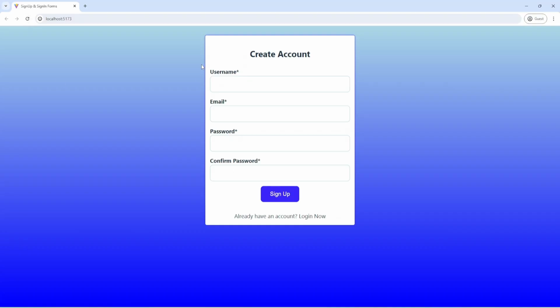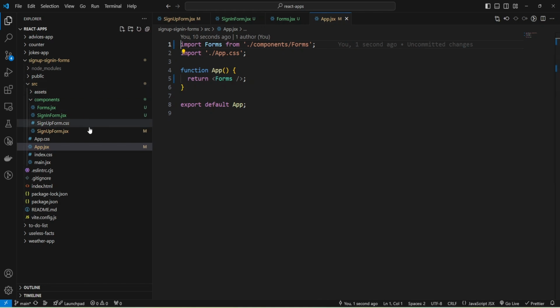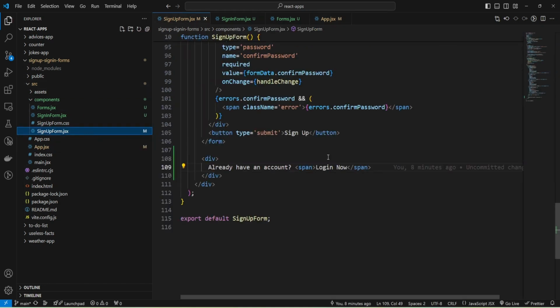And we have the same form, and we need to check our forms and add an event handler to onClick.